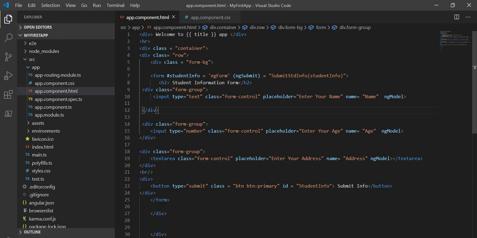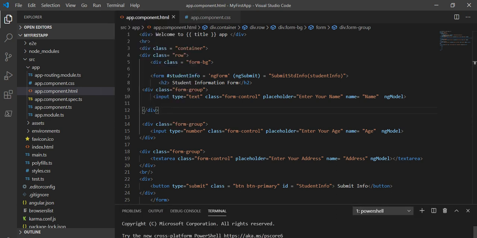This is the form which we created in the previous tutorial. First let's run it and see on the browser what it is showing and what we have created. We created a student info form. Sorry, we have given the wrong command here, ng serve.